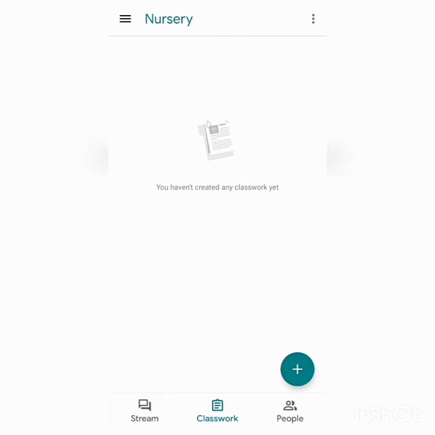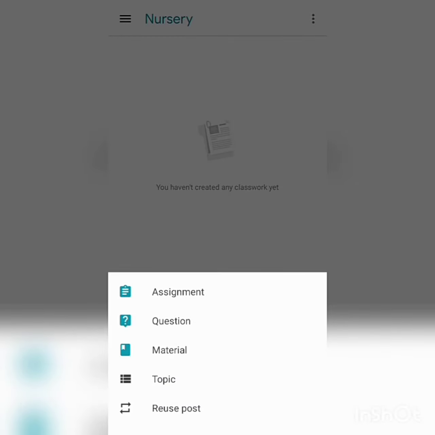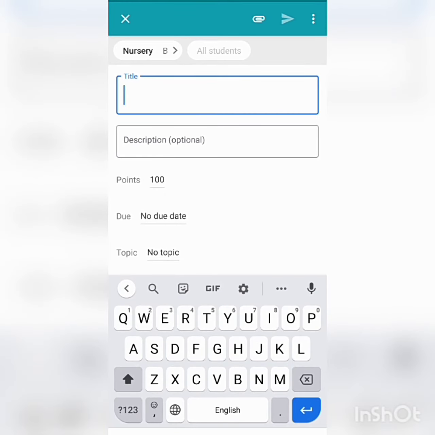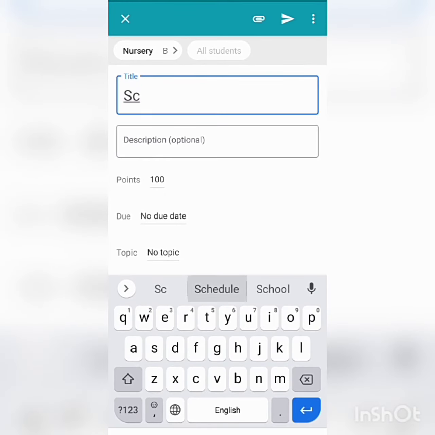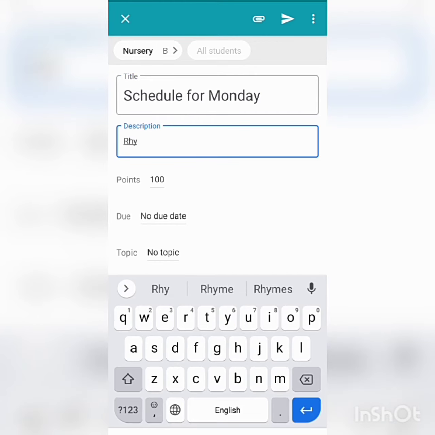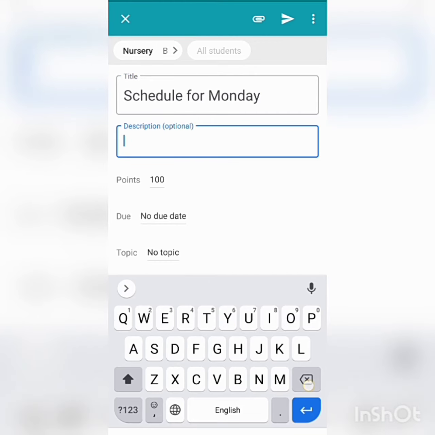Now let us go to classwork. Click on the plus sign, then assignment. So I'm going to send a schedule for nursery. First I'm going to write my title, schedule for Monday. In the description, I'm going to write a song name.